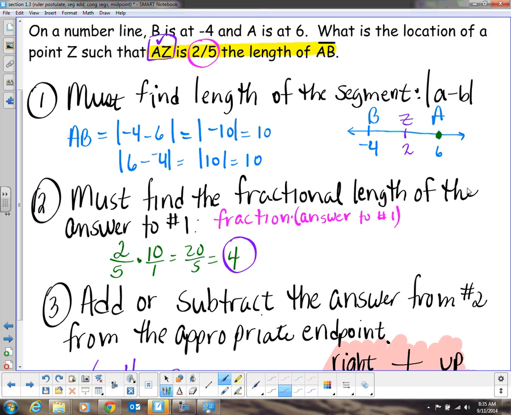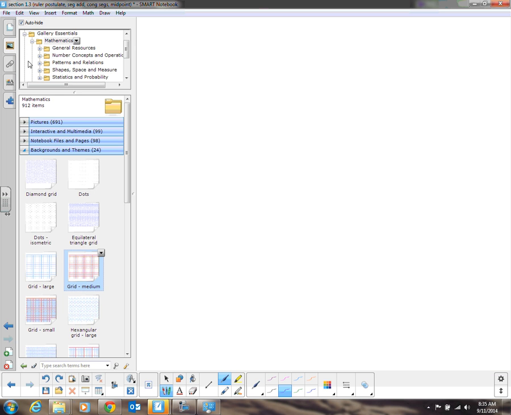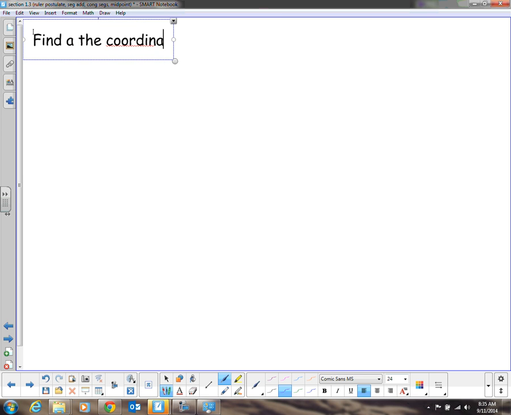Now we're going to take this to the coordinate plane. We're going to do the same thing on a coordinate plane, but how is it going to be worded on the coordinate plane? Let's say: find the coordinates of point